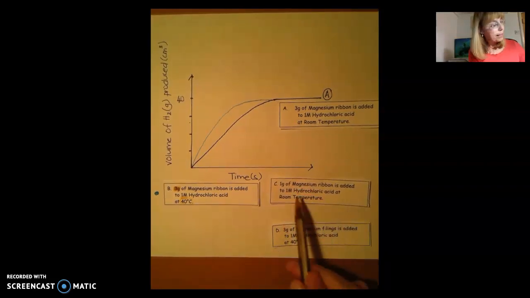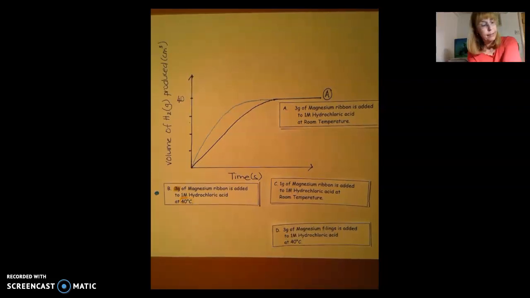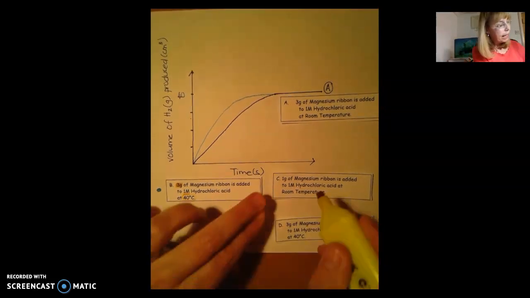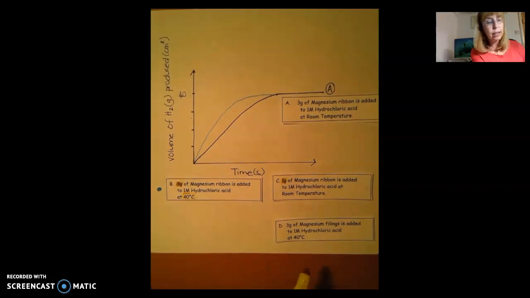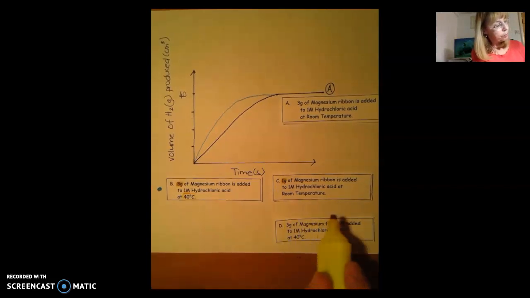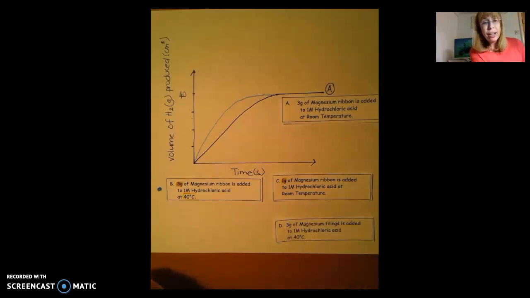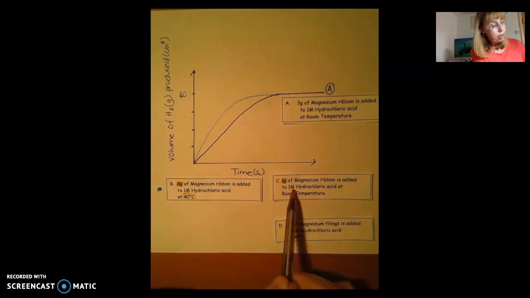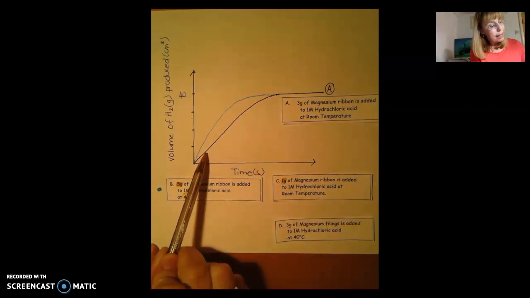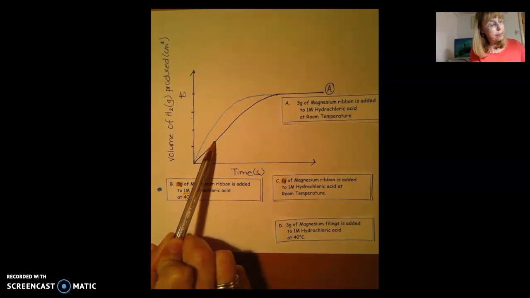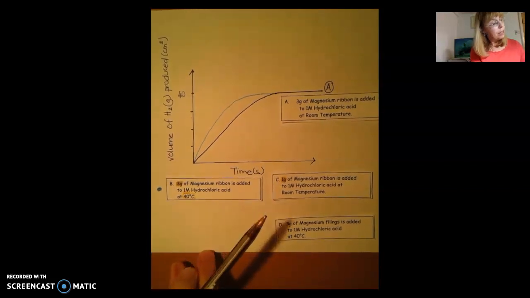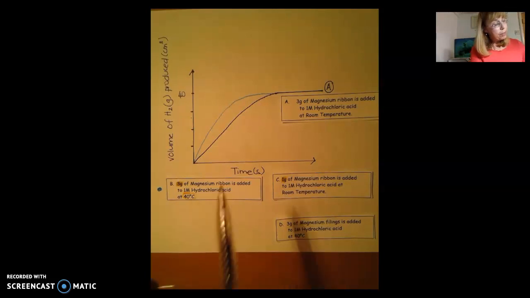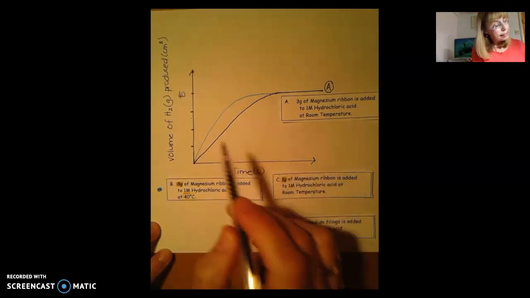1 gram of magnesium ribbon. Now straight away there I'm noticing a change, and notice how I always just pick up when I read the question with a highlight or underline the key parts. 1 gram of magnesium ribbon is added to 1 molar hydrochloric acid at room temperature. So now I have the same concentration, the same temperature as the graph I did in black, but this time I've got 1/3 of the mass of the magnesium. So this time in purple, same temperature,